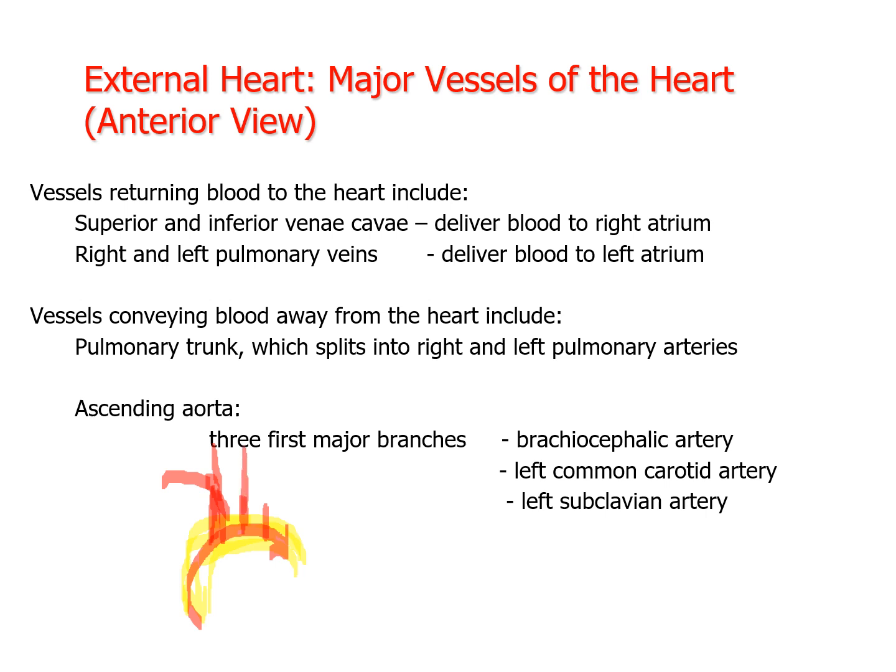So this goes up and this curves around. You have here the left subclavian, left common carotid, right common carotid, right subclavian, and the brachiocephalic is just a common point from which the